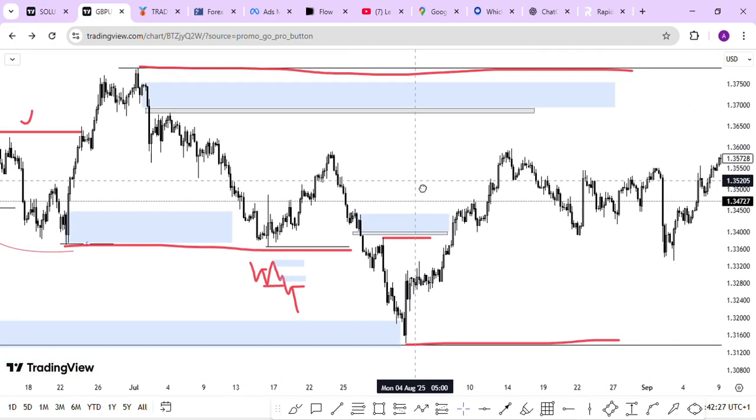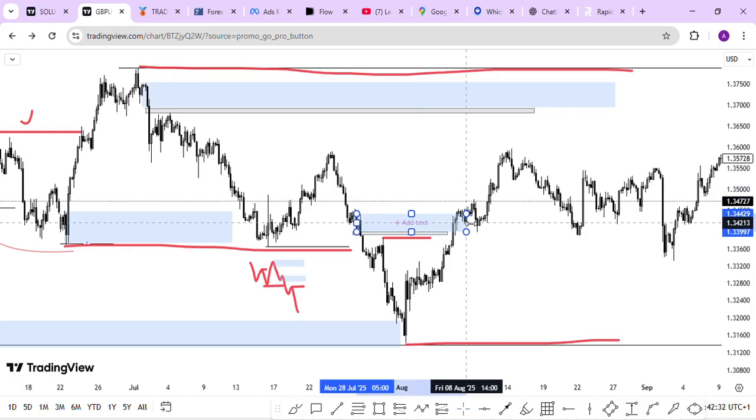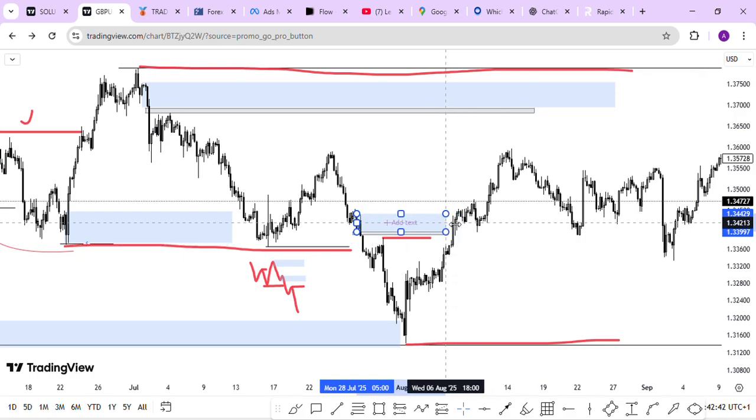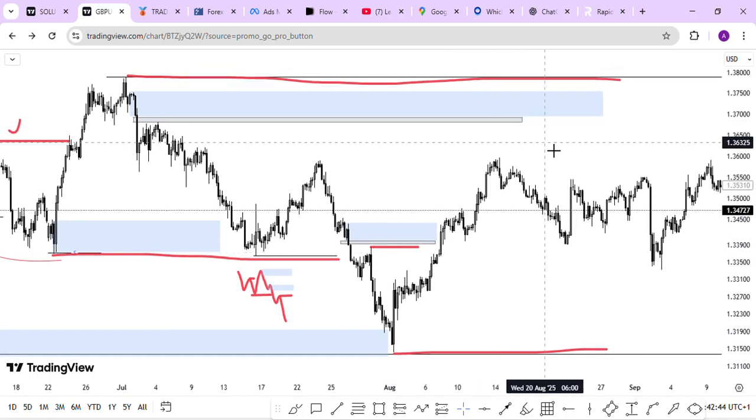I hope you guys are getting it. So all the criteria has been met. As you see, when market got to this level, market failed because this is 50-50 probability. This is more of high probability. And as I said here, if the market failed this level, we have high chances that market is coming to